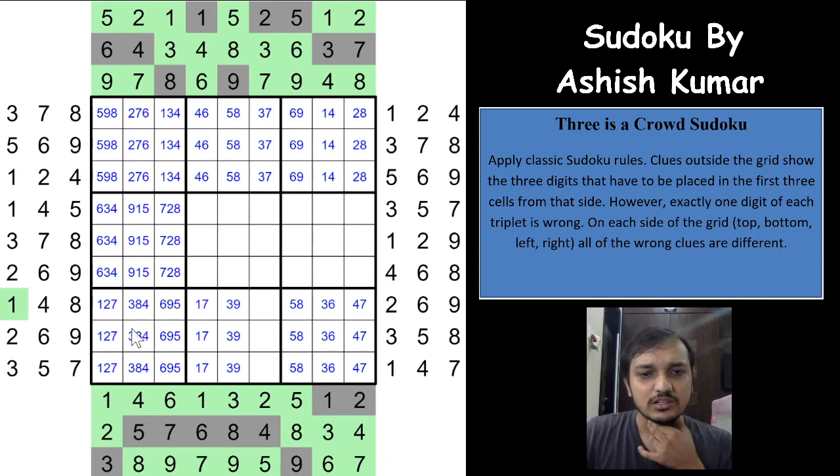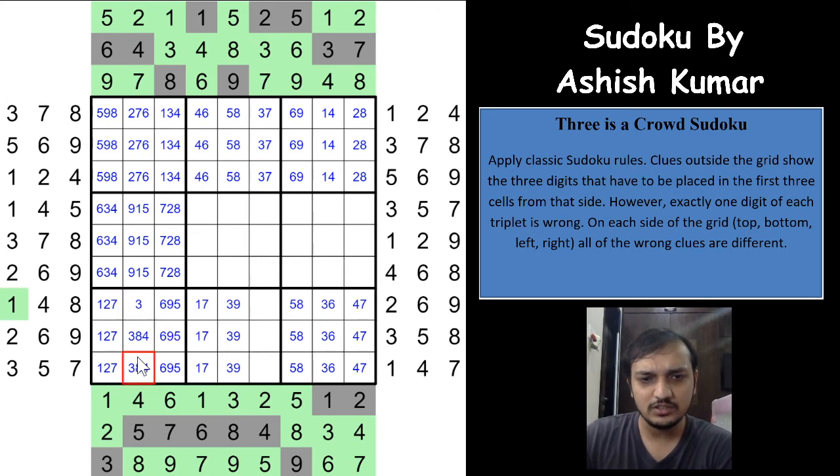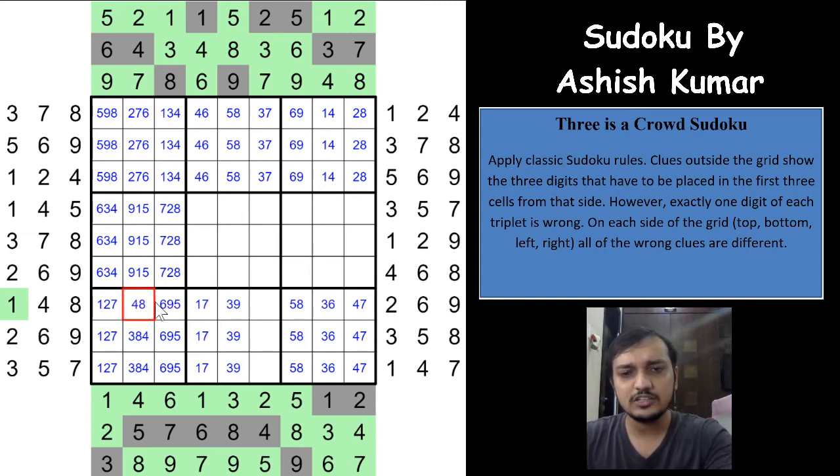Now if you say the 3 cannot be placed here, it is the same logic, but the other way to see this. If I have a 3 placed here, you will have a 4 and 8 placed in these 2 cells, and both the 4 and 8 will have to be wrong now. As a 3 is placed here, 4 and 8 will have to be placed here, which is not possible, right? A 4 and 8 both cannot be placed here, because 4 and 8 are correct in these 2 places. So if you have a 4 and 8 here, you will already have a 4 and 8 here, which means that a 3 cannot be placed here, and it has to be 4 and 8 only. So this is the other way to look at the logic, I would say.